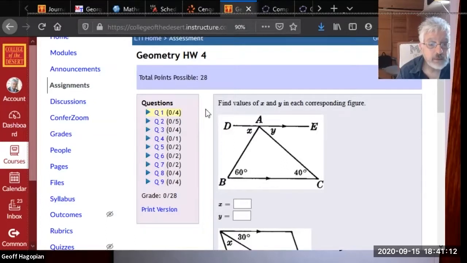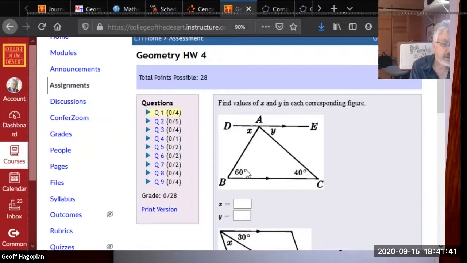And so this one is, you know, you can jump around, right? And find the values of X and Y in each of the corresponding figure. Well, we're given, so how do we know that DE is parallel to BC? It's these arrows, right? Those arrows indicate parallel. That's how you notate parallel lines in a diagram. If you have different pairs of parallel lines, then one gets one arrow and the other pair gets 2 arrows,